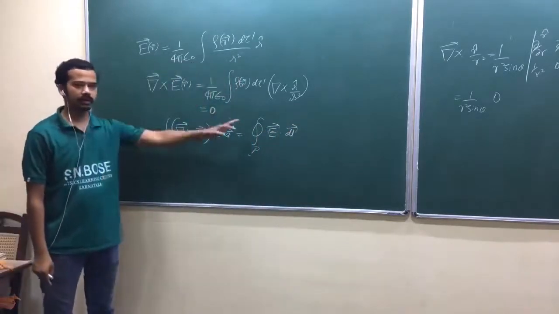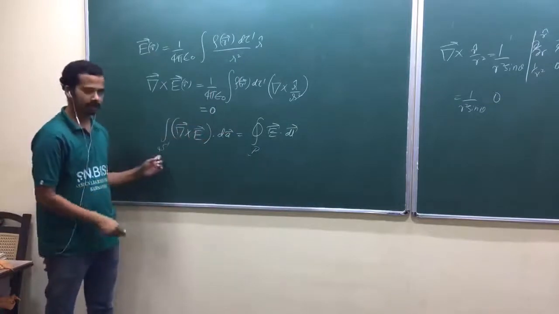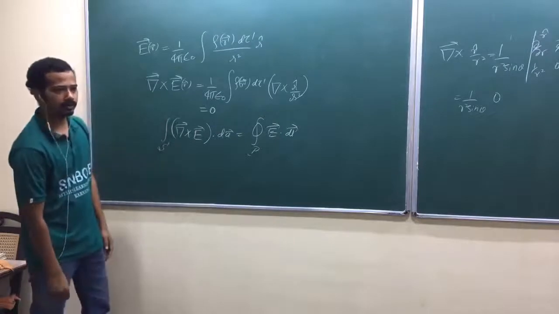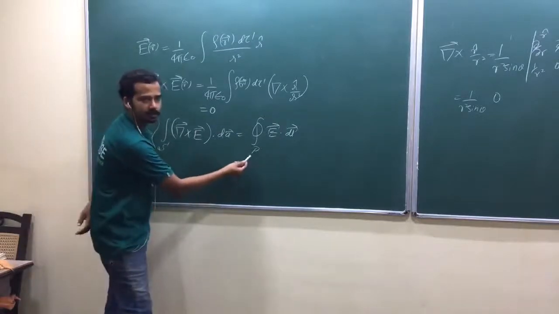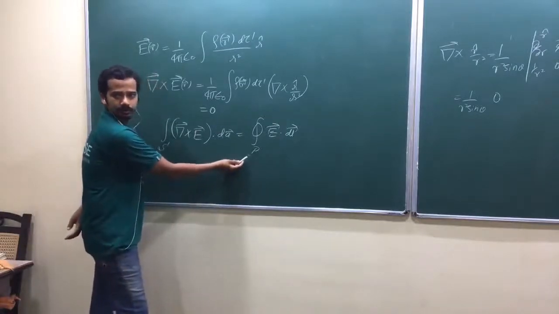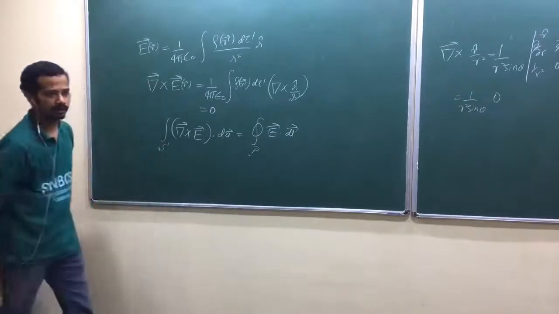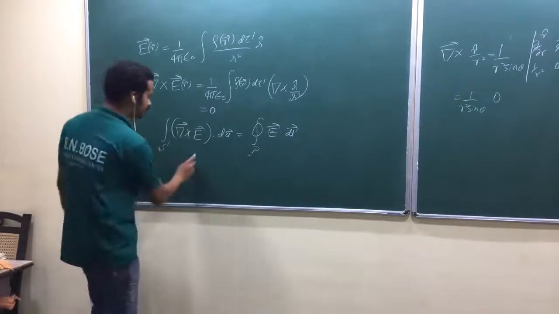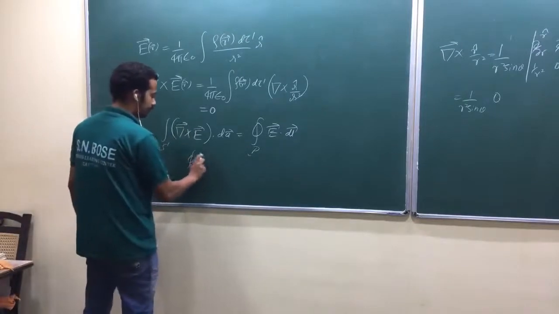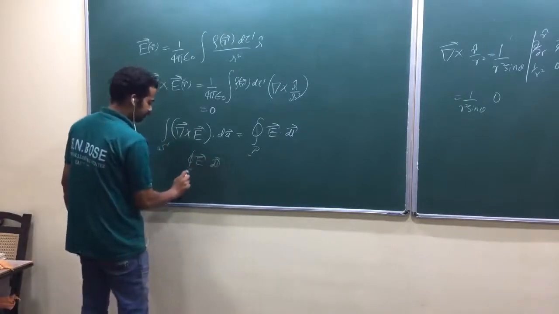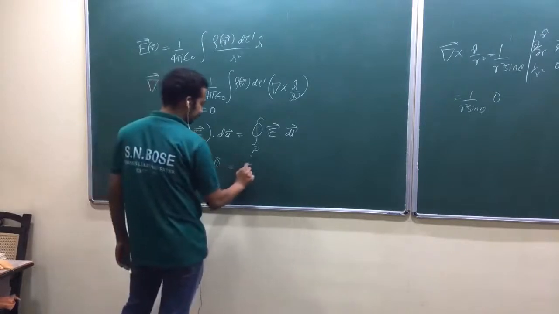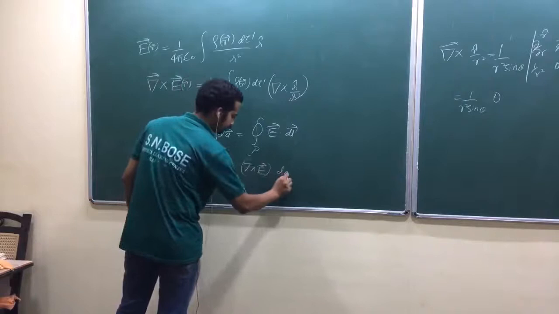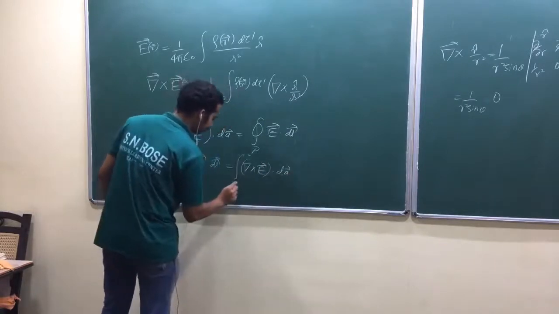Now this integral, whatever I have written, this surface can be chosen arbitrarily. Am I right? Or you can do one thing. You can choose any arbitrary closed path, and this theorem is true. Am I right? So then, if this whole thing is 0, look at here. Let me start with this one now. E bar dot dl bar, closed path integral, that's equal to the surface integral of curl of E.